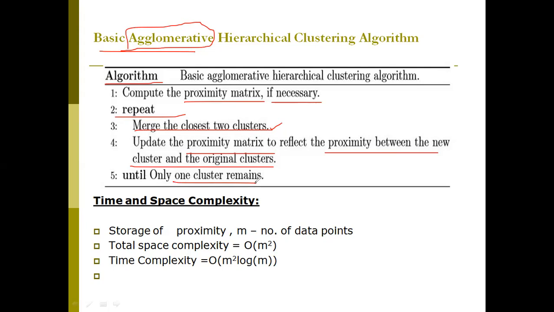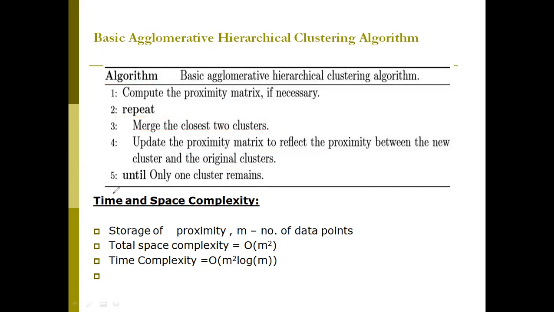Okay, this is the agglomerative algorithm. First of all, you make one proximity matrix. You need to get a proximity matrix ready, then you merge the two closest clusters step by step. Then you need to update the values in the matrix, right? This procedure is continued until you get only one cluster. That is the stopping criterion of agglomerative clustering, right?